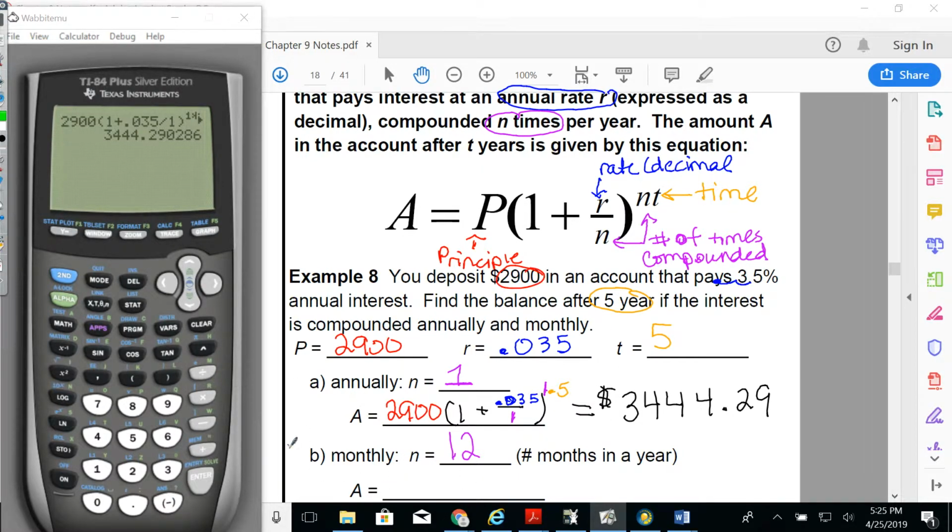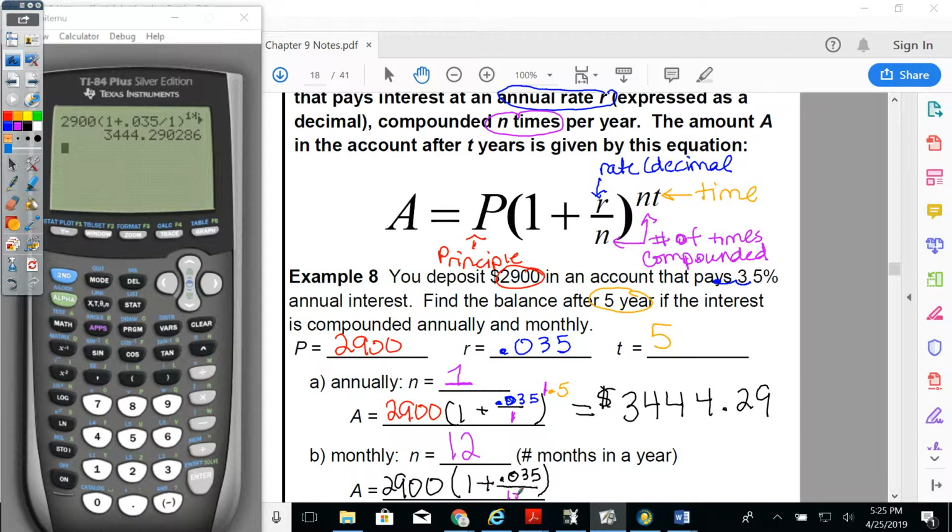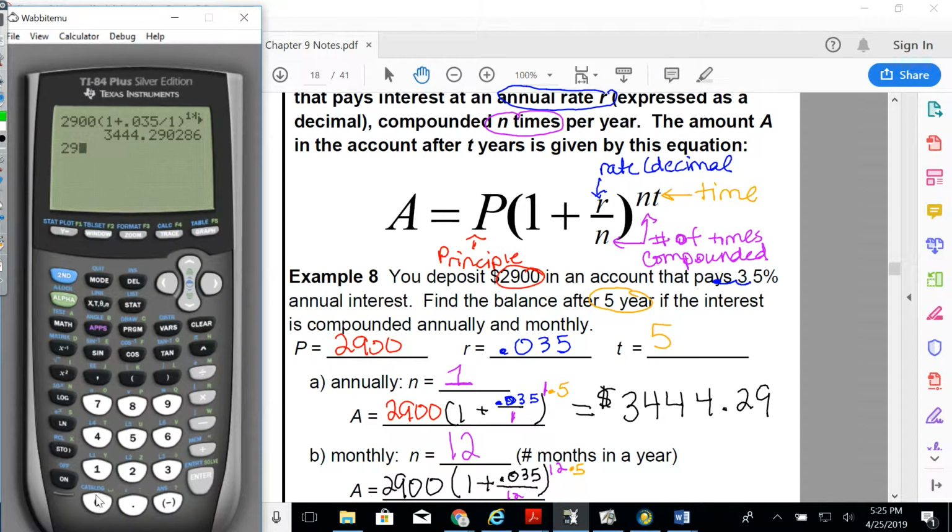All right, so for Part B, everything's the same except the N is going to be 12. So 2,900 times 1 plus R is still 0.035. But this time we're going to divide it by 12. And the exponent's going to be raised to the 12th. And I multiply it by 5. All right, so if I type in everything first to begin with, 2,900 times 1.035,